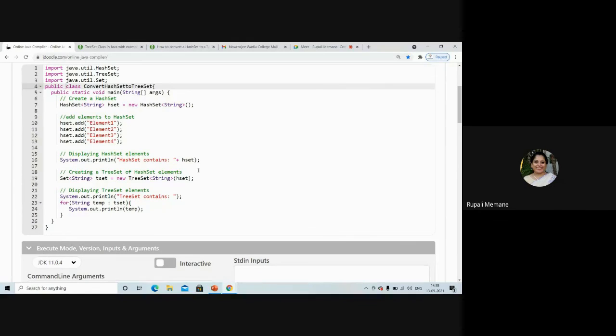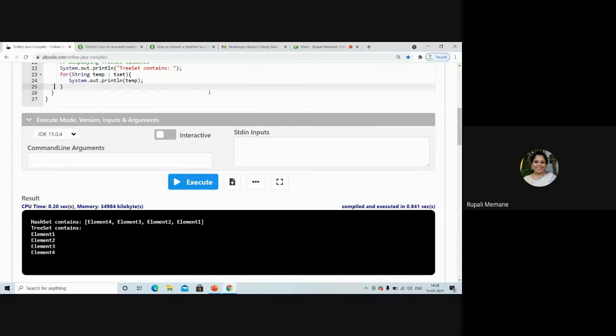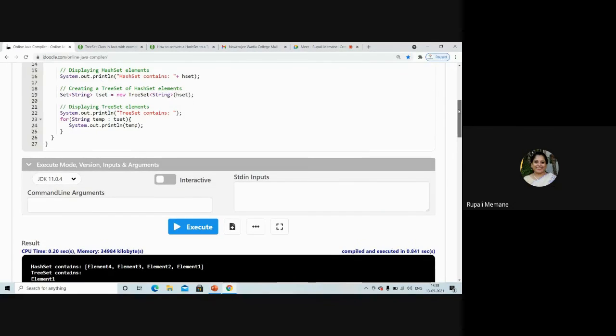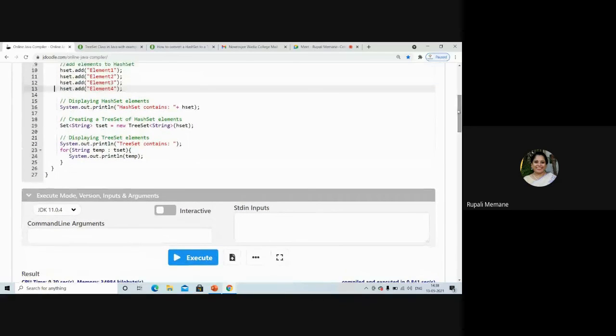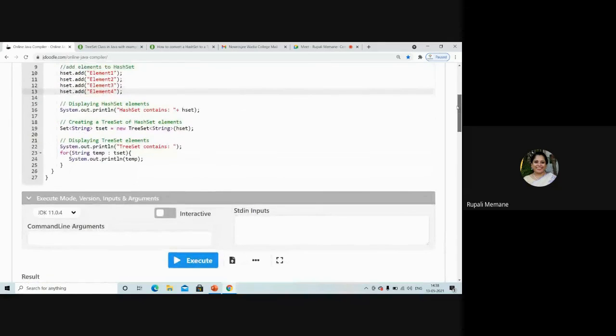But when I display the hash set, just check the output. The elements are displayed as 4, 3, 2 and 1, because in a hash set the elements are displayed according to the hash code, so they are stored as they are. But when I print it in the tree set, it again comes in sequential order. So it is the same insertion, but the display is different. So the hash set has been converted to the tree set.